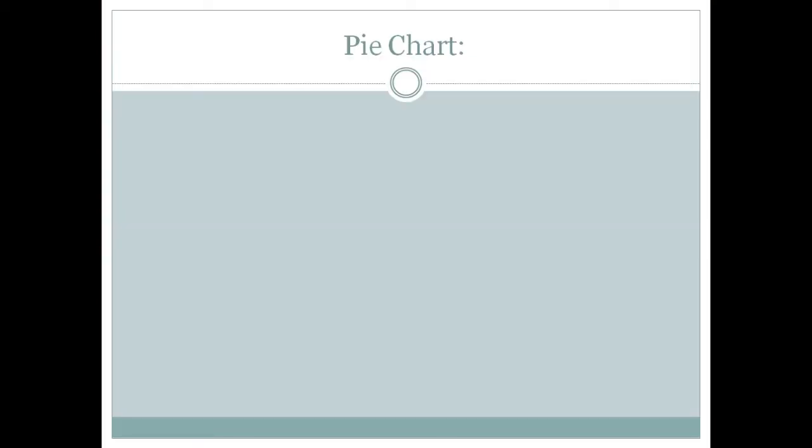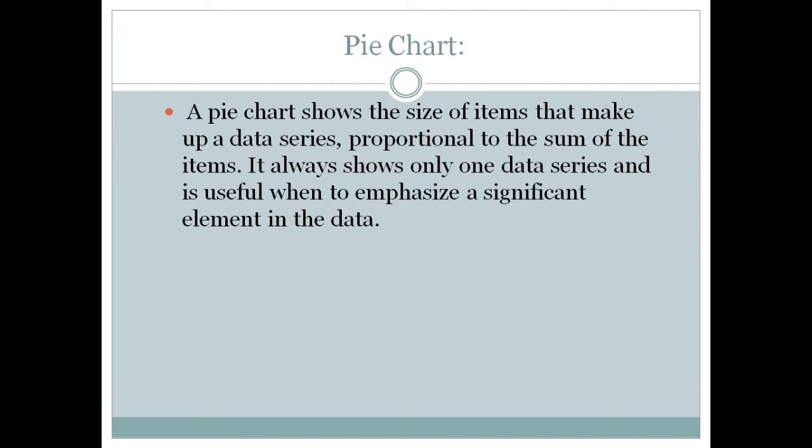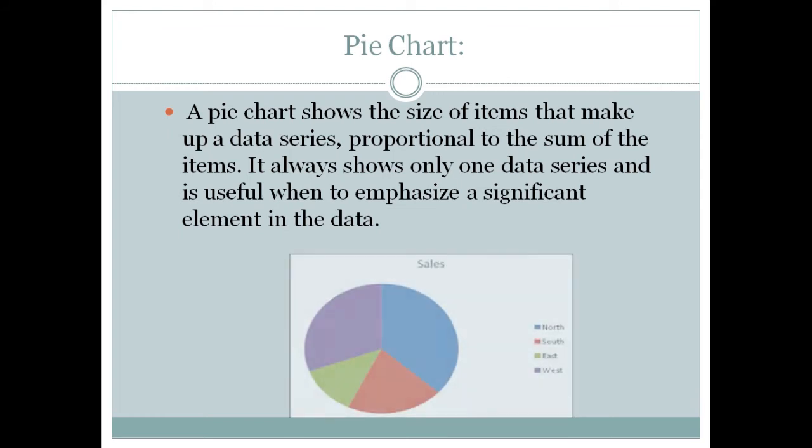Coming to pie chart, as the name suggests, it is in the shape of a circle. So a pie chart shows the size of items that make up a data series proportional to the sum of the items. As we all know, circle means angle. So the pie chart shows the angle of 360 degrees and different values are compared with their percentage. As the chart shows, the north sales is maximum, having more percentage as compared to the other areas of south, east and west. So this chart basically shows only one data series